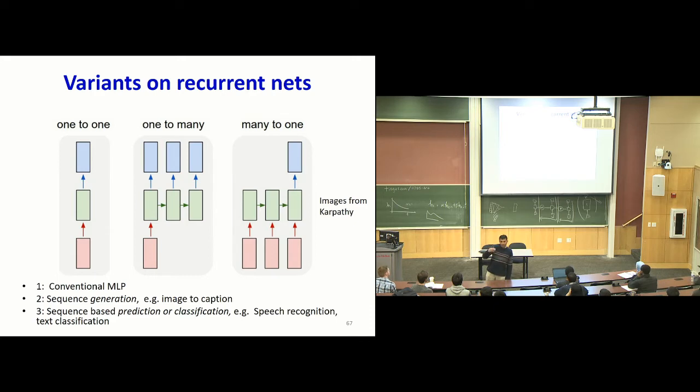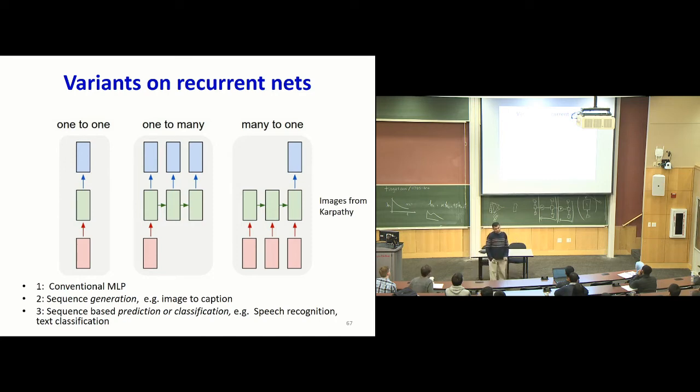We saw examples of this in operation. When we were producing the text, there was no input being fed to the system. It just produced stuff. You kick-started it with some random seed, and then it produced a sequence of text which looked perfectly plausible, right? Or say image to caption. If you show it an image and you produce captions, that's going to be a recurrent network of this kind.